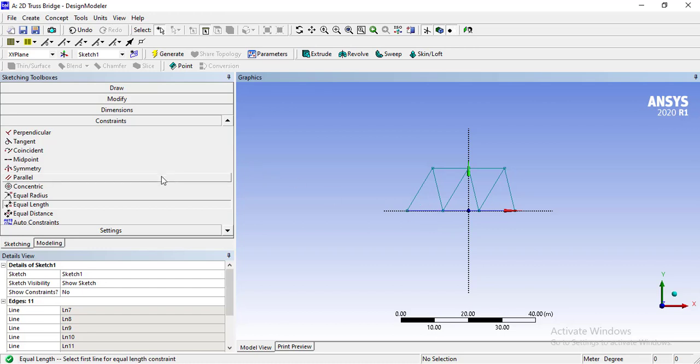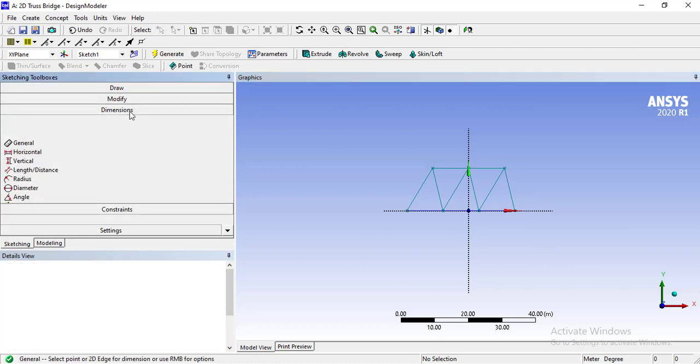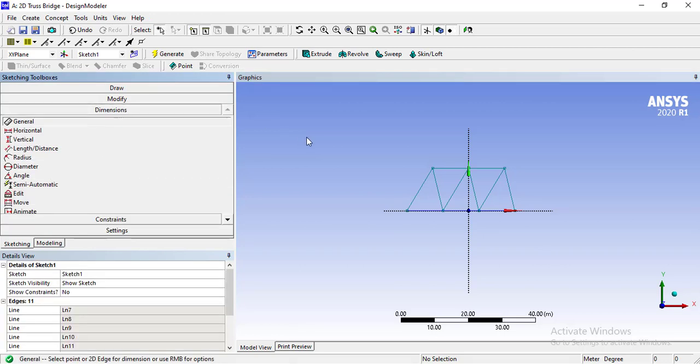After doing so, go to the Dimensions tab. A general command by default is selected. Currently select this node and this line. It will allow you to draw a vertical dimension. This dimension holder is named L1.